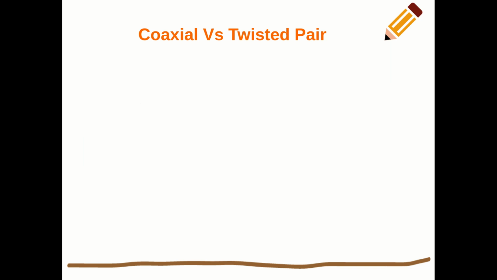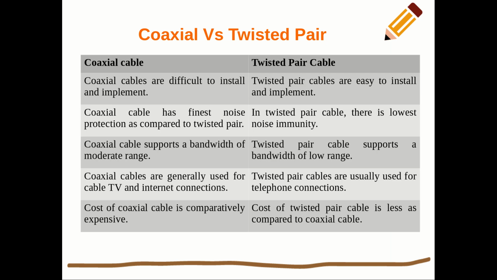Now, I made a comparison between these two for writing. This will help you if you have an exam. If they ask such a question, compare between them. Instead of writing those things, simply this table is enough for you, where I listed all the major points. So for coaxial cable, the very first thing is the installation difficulty. As we already saw, twisted pair cables can be easily installed and implemented. Compared to that, coaxial cable is somewhat difficult to install and implement.